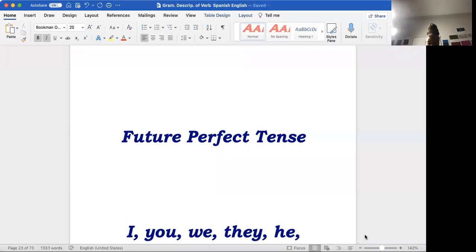I'm very aware that the next two tenses that I'm going to talk about, many people don't ever use. These are tenses that are very abstract and they're used in very particular situations. They're not used a lot, either in English or in Spanish, but that doesn't mean they're not used at all. Let me share.